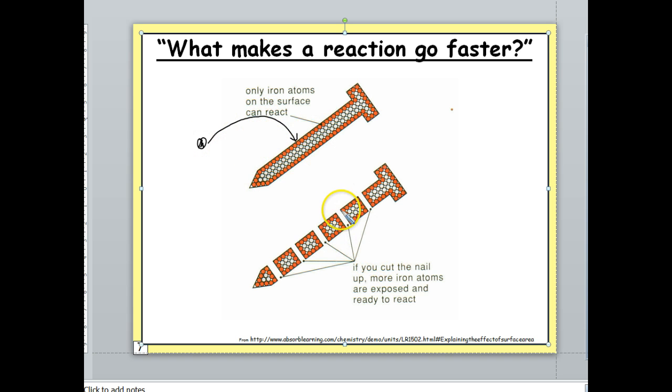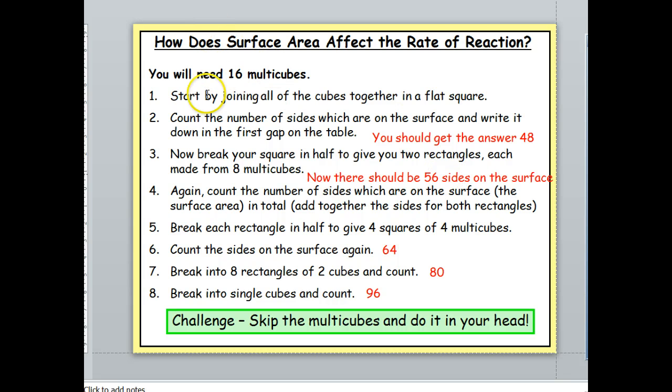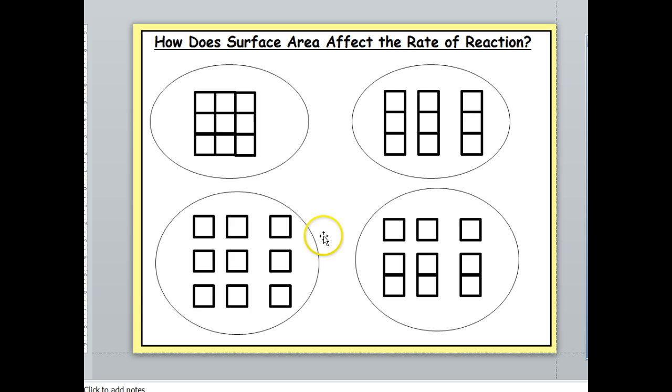If, however, we chop up the nails, then we are exposing more of the inside of it, and we can count up the extra atoms, and we find that there's more yellow atoms compared to the white ones. So we can do this in a bit more detail. And you might have had a go with the multi-cubes, and these are the numbers if you didn't quite get around to it. But if we just take a nice 2D example to illustrate this,